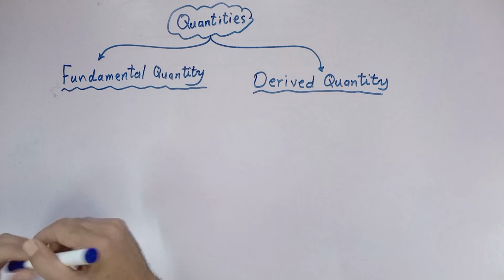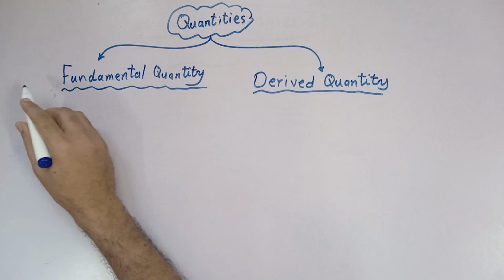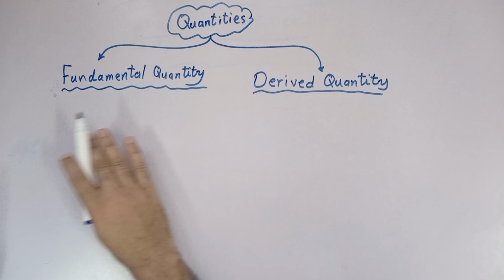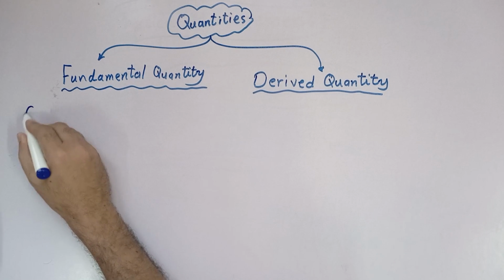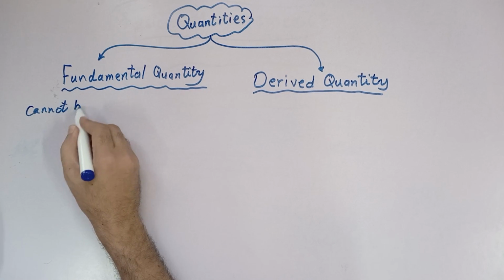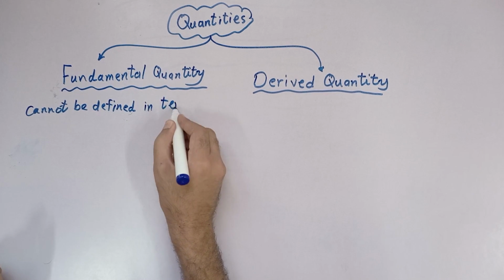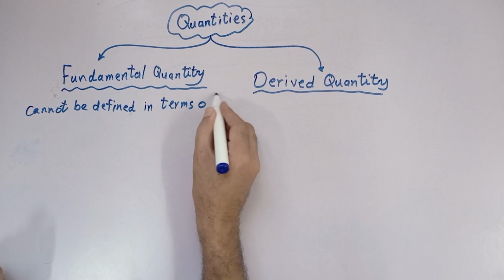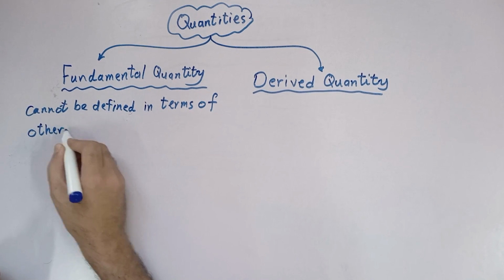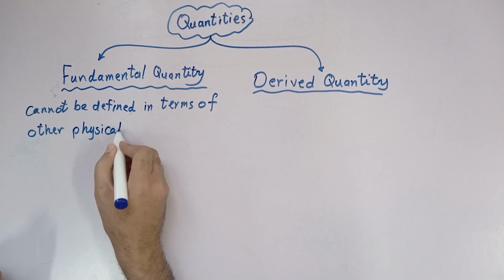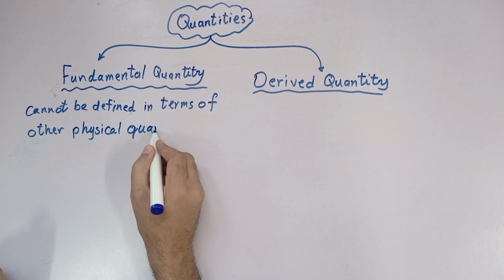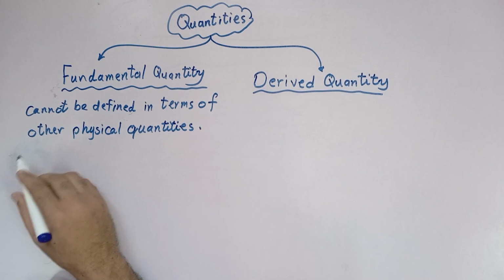Fundamental quantity is the physical quantity that cannot be defined in terms of other physical quantities. For example,